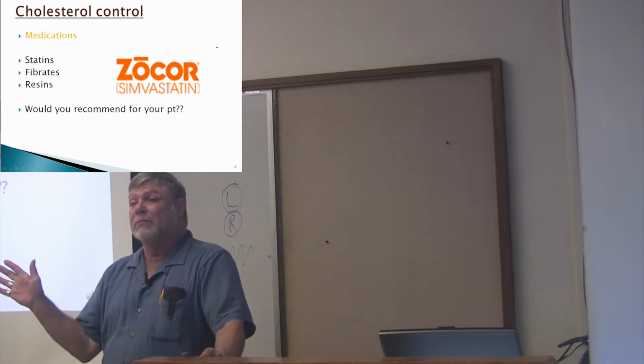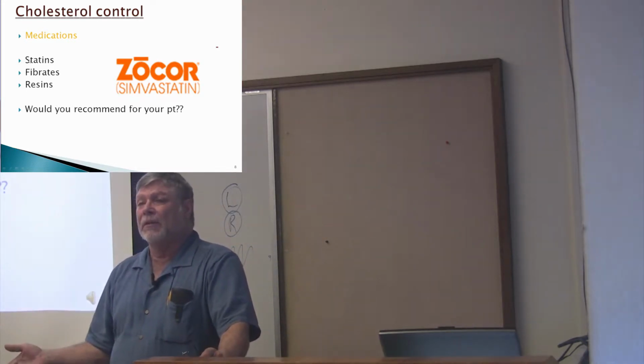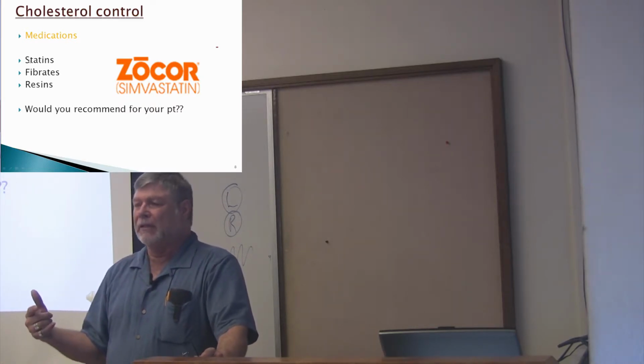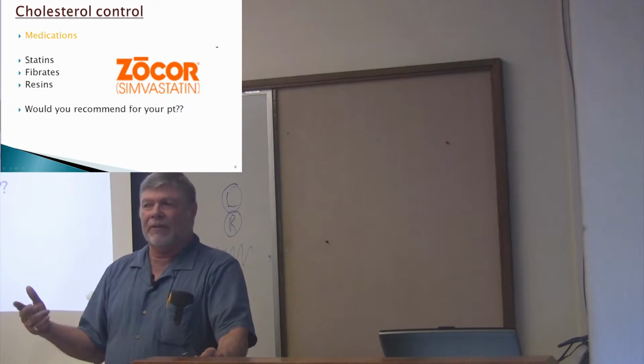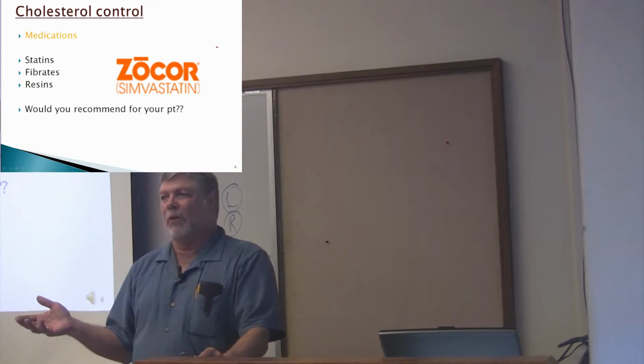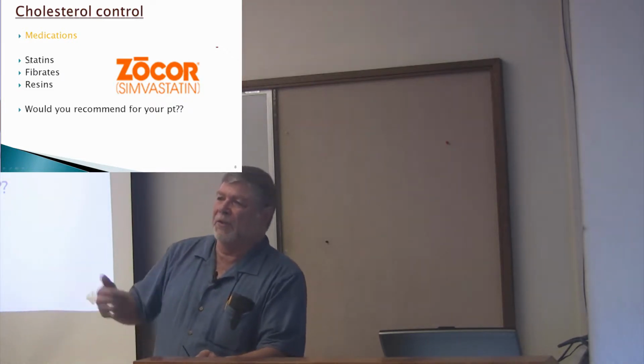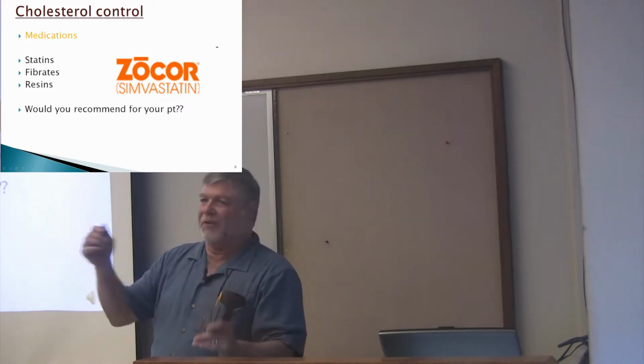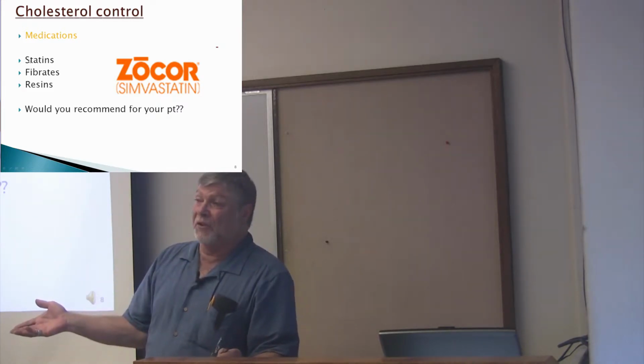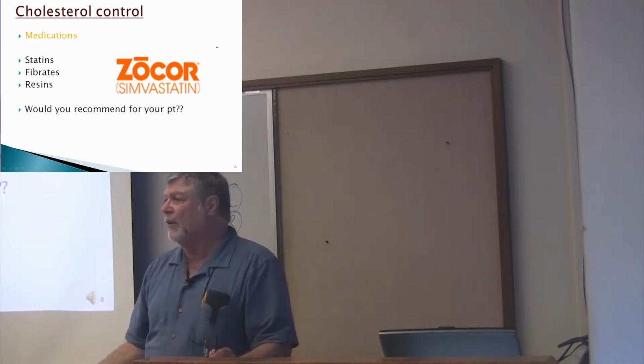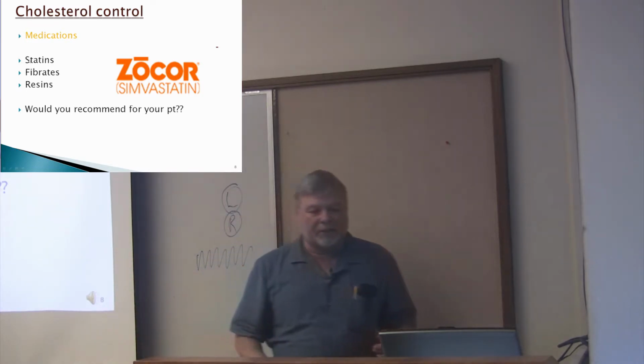So with rhabdo, the muscles start breaking down, and of course you're going to get muscle aches. Where else do you think you might get pain? Your heart. To a degree, but I'm thinking of a different set of organs. Kidneys, because they're trying to filter all these massive molecules. They don't like it. So you're going to see change. Their urine's going to turn dark. They're going to feel crappy. So they need to contact the doctor right away on that.